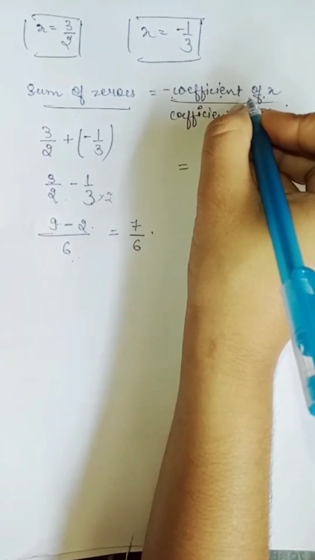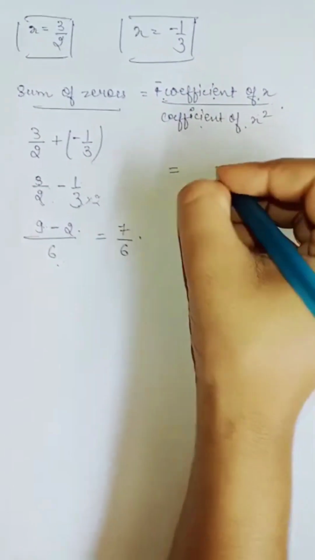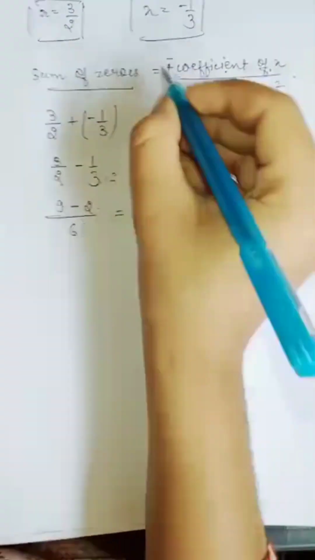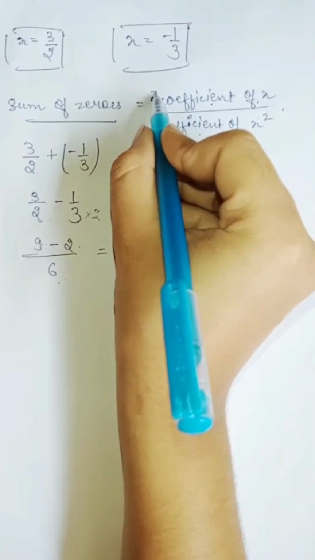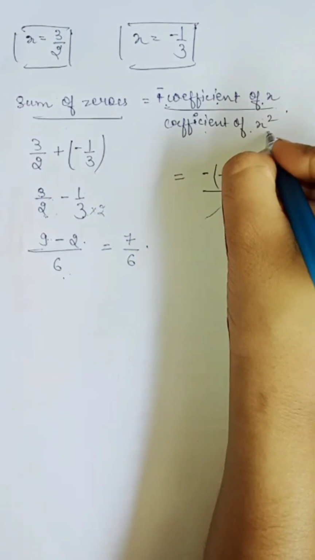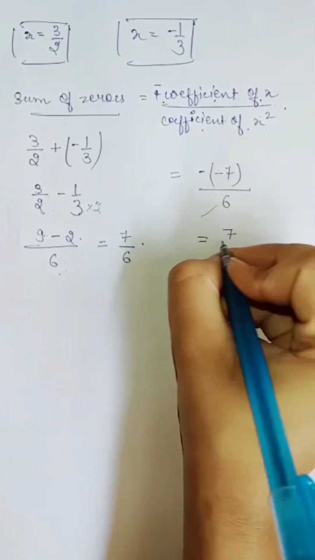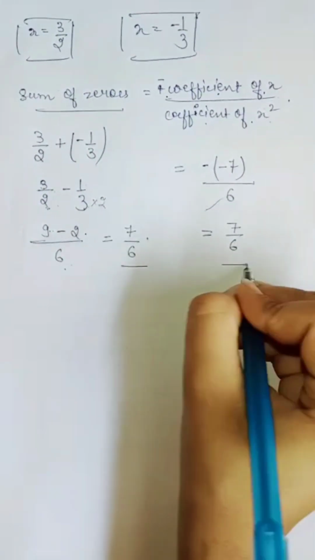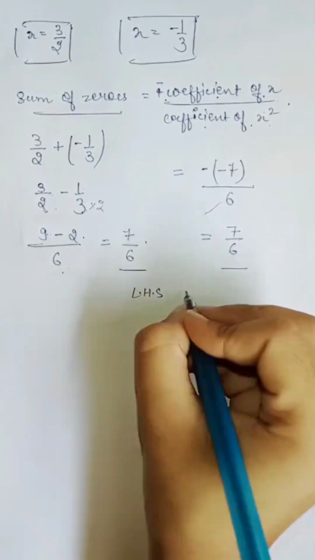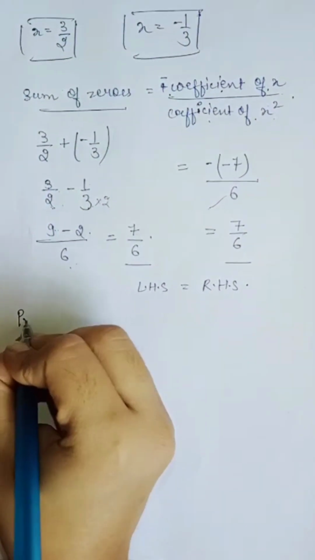Here coefficient of x. So the coefficient of x is minus 7. Now here we are already having the minus sign, so we will put it here upon. What is the coefficient of x square? 6. So it will give the answer 7 by 6. So you can see that LHS is equal to RHS. Now